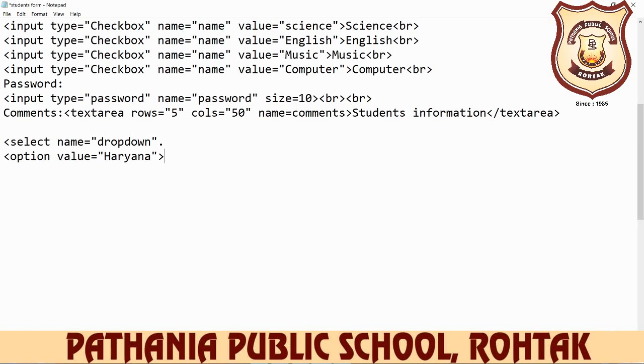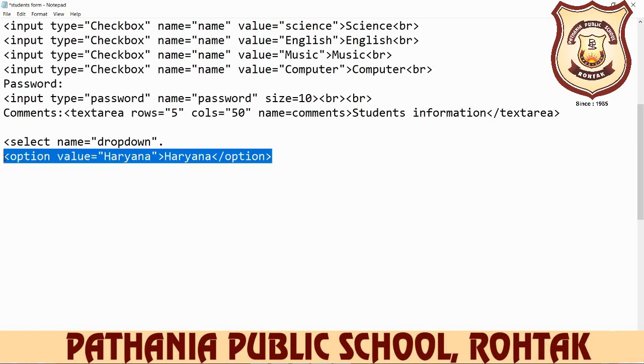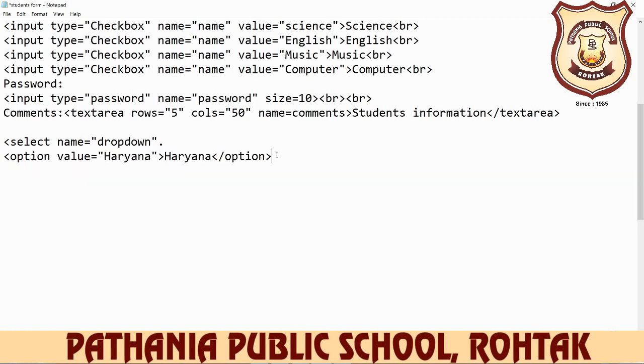After that, write down Haryana, HARYANA, and after that, close the option tag. Then take it again, copy it, and after that, we write down, for example, Punjab, and we write down here Punjab.